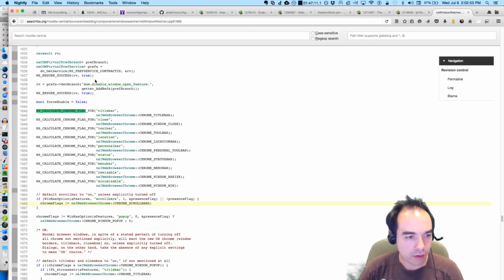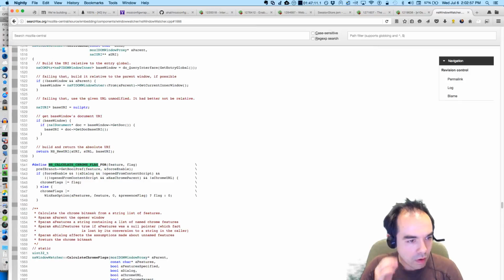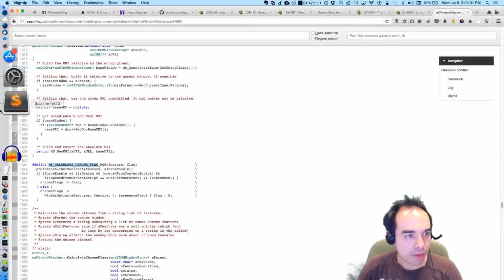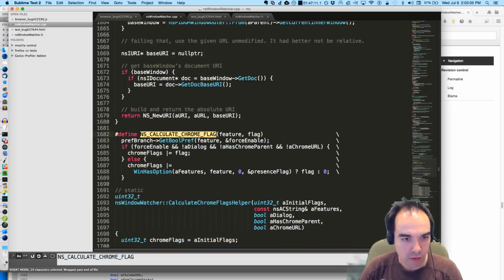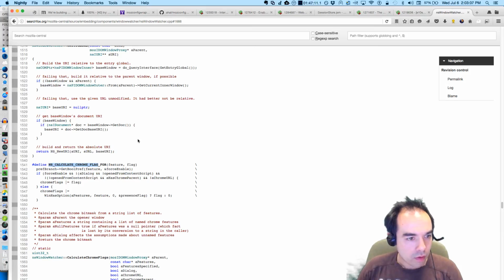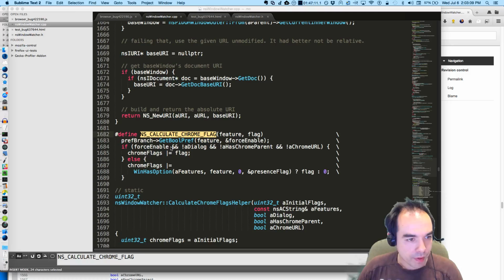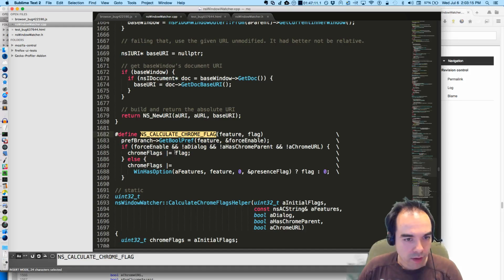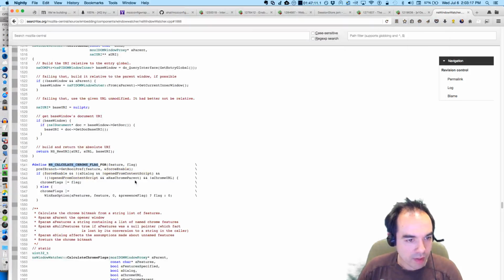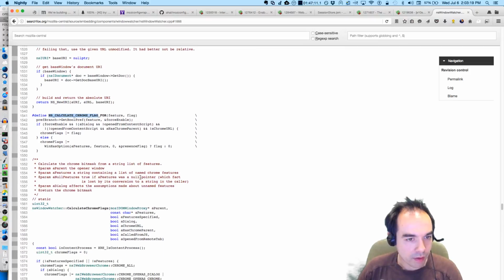Calculate Chrome flag. Have I somehow screwed up this macro? Get bool pref if force enable, and oh, I must have screwed it up a little bit.